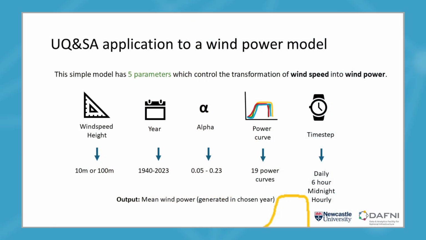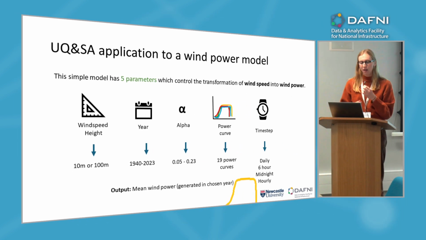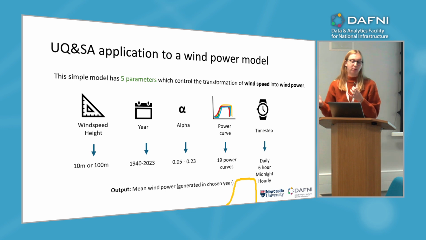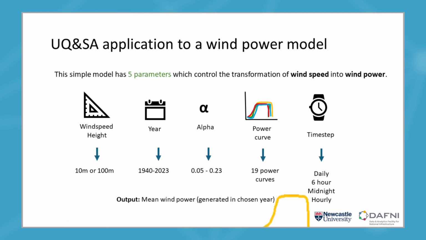So it seems as though the main input to this kind of model is the wind speed time series, but actually there are a number of other uncertain decisions that we have to make along the way. And what we're doing here is we're conducting a sensitivity analysis where we're considering all of these other uncertain decisions against the influence of the year-to-year variability. And what we hope happens is that the year-to-year variability is what's controlling the model output, because that's really why we're using this model, but the sensitivity analysis will allow us to confirm this.